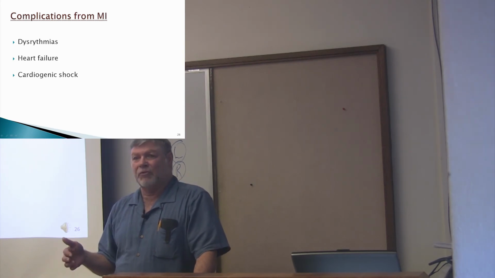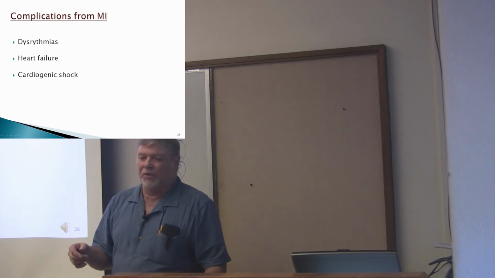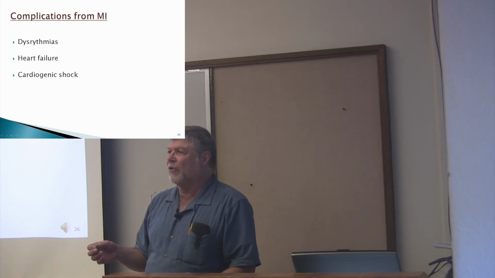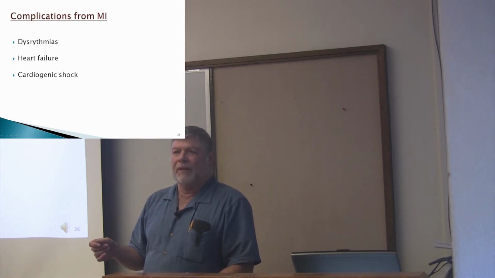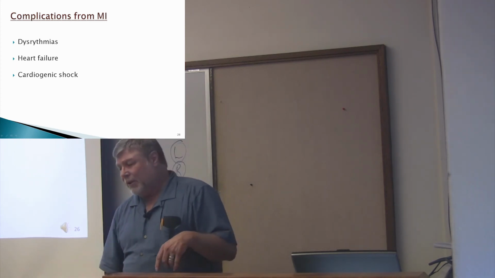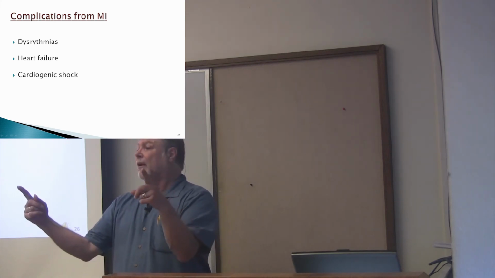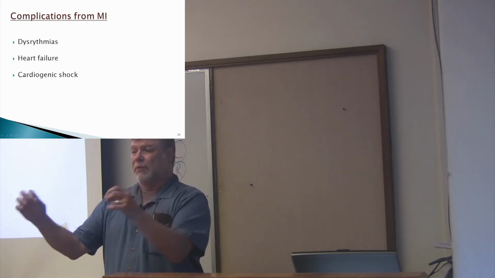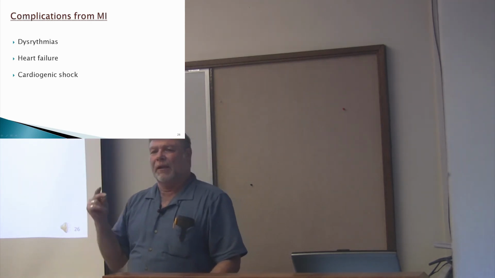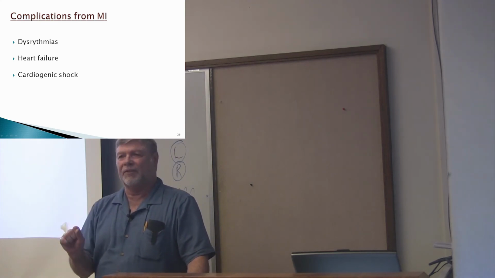So these patients may need quite a bit of assist. You may put them on a VAD, a ventricular assist device. I used to take care of a lot of patients with an IABP, an intra-aortic balloon pump. It's actually a really pretty slick technology. They run a catheter up into the aorta, and it's a balloon about a couple centimeters around. It inflates in milliseconds with helium and then deflates.